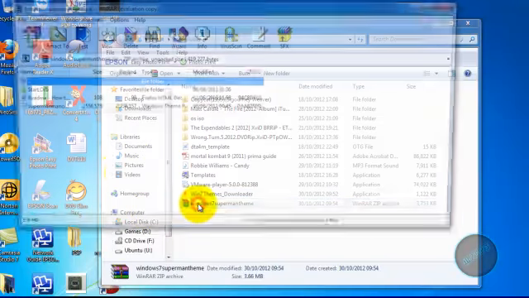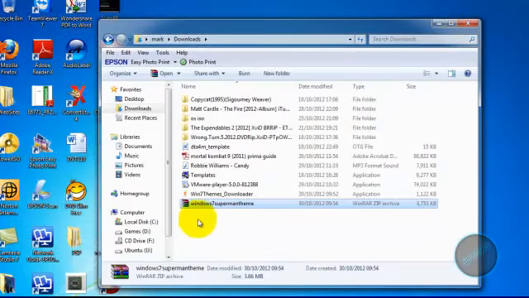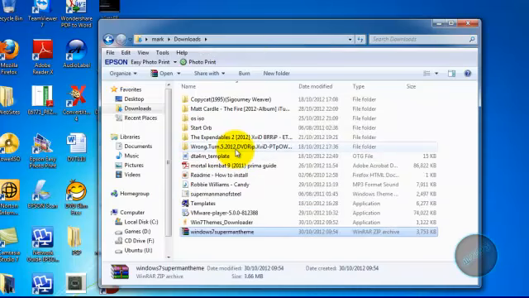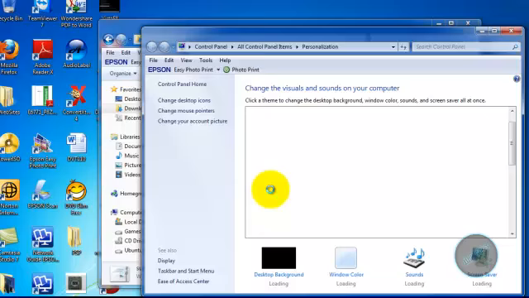That's because it's in the zip file here. Right, so what we're going to need to do is right click on the zip file, click on extract here. Okay, now that that's done, we're going to need to double click on the zip file there, and as we can see now it's opened up